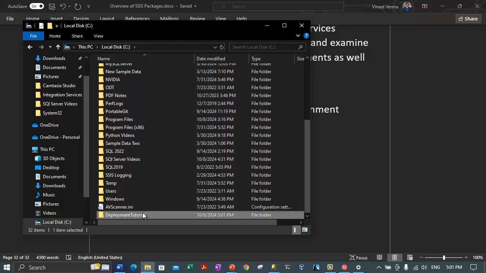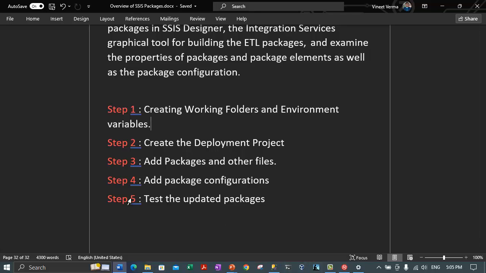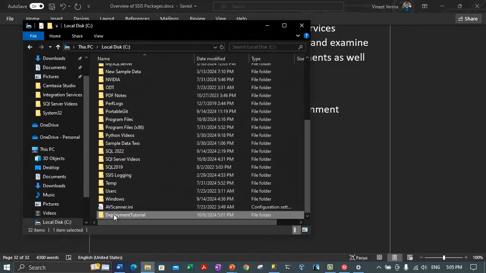And we will also add the system environment variables. The system environment variable name will be data transfer and load XML data that we will use in the later tasks. So far for now, we have created the folder named deployment tutorial. Now guys, we have created a working folder which is deployment tutorial on the root of C drive,